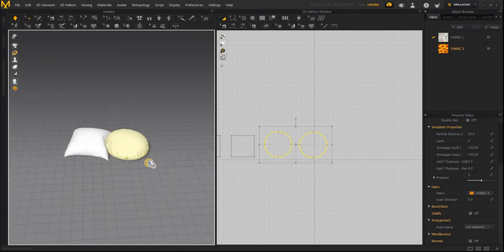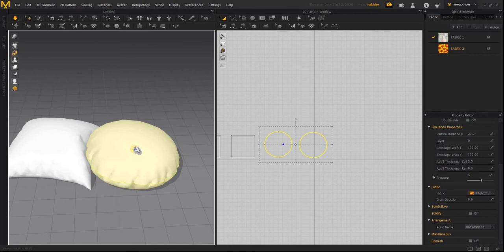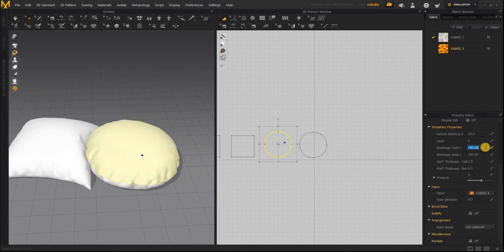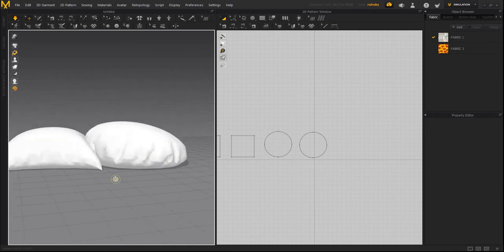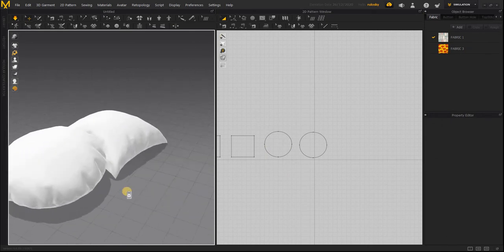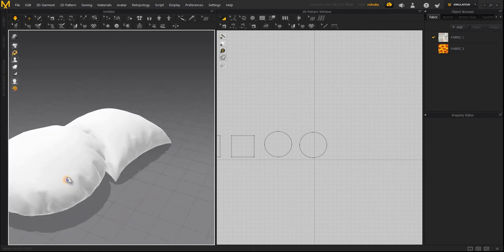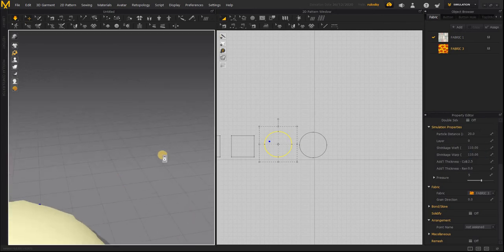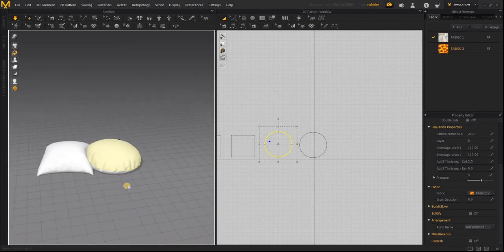Okay, so it falls next to the other one. We'll select the top one and then add the warp, so you get that crease. If you want less crease, you can of course reduce this. Okay,